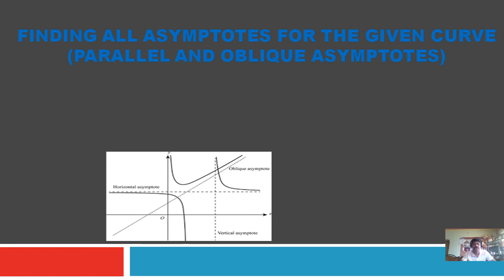So first, please try to understand the asymptote. It is called a horizontal asymptote because it is parallel to the coordinate axis x. And this asymptote is called a vertical asymptote because it is parallel to the axis y and it is perpendicular to the axis x. And if you draw an asymptote which is neither parallel to the x-axis nor parallel to the y-axis, then these asymptotes are considered as oblique asymptotes.